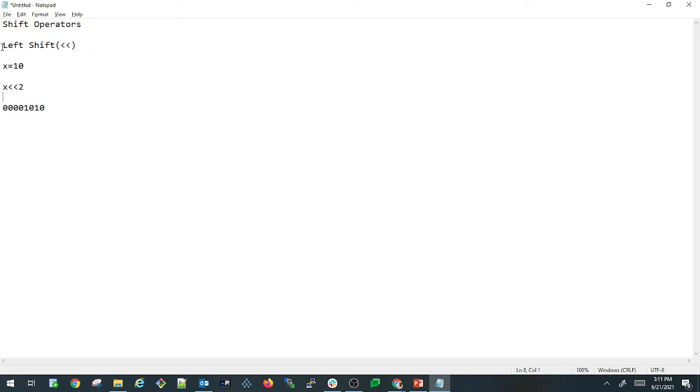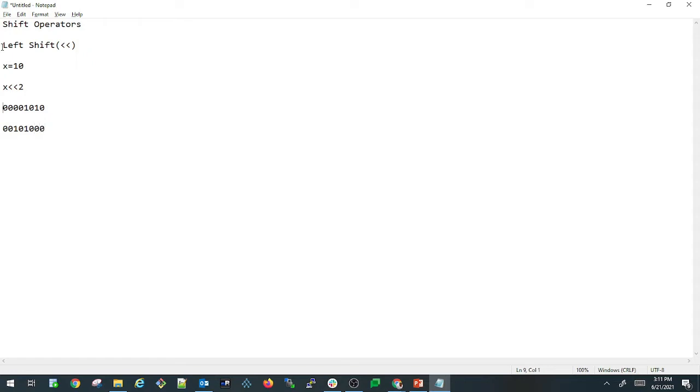In that case, the most significant 2 bits will be removed, and the final output will be 00101000, and the least significant 2 bits will be replaced with 00.